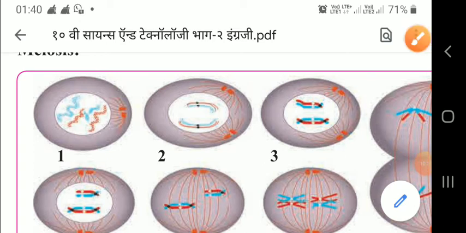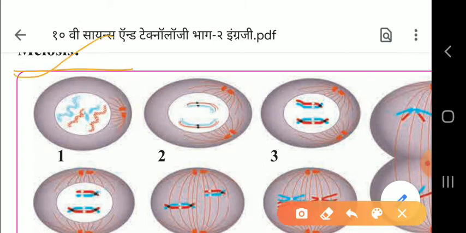Children, now we are going to study the meiosis. This is the meiosis. Here you can see stage 1, 2, 3, 4, 5. These all are the prophase. Stages 1 to 5 are the prophases. So here you can see how the chromosome is. First it is single, then in the second phase they are joined, elongated. In the third phase they are crossing. In the fourth phase you can see again at the end they are crossing, and in the fifth phase you can see the spindle formation.